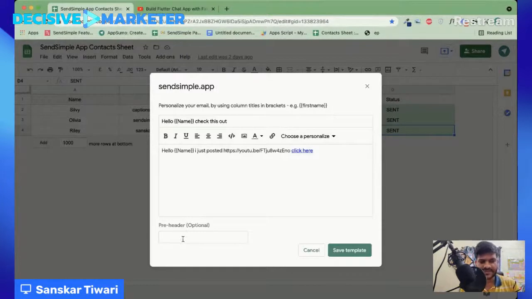The other thing which we have is this pre-header option. So pre-header is more focused towards cold email marketing, because we are very focused on how much open rate we get. Of course, it is important even if you are sharing that with a large audience as well. So what pre-header does is, if you open up your email application, you see a description with each email, right? Now this actually comes from the first line of your actual email body.